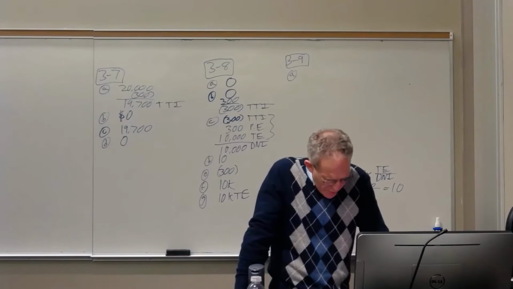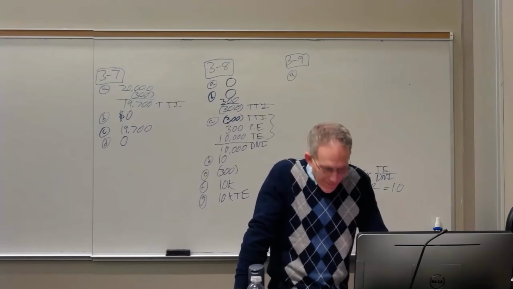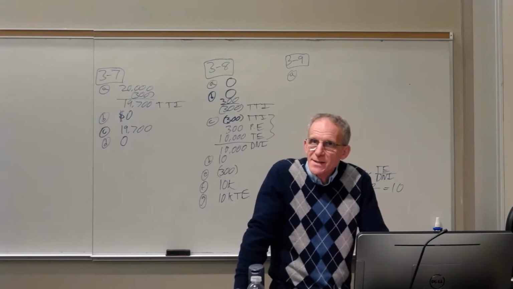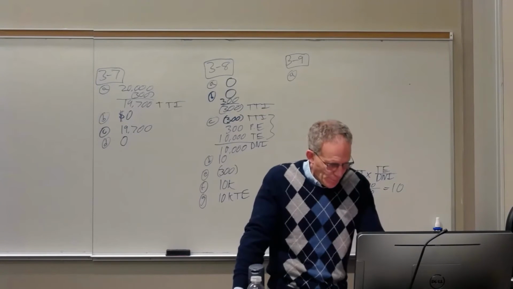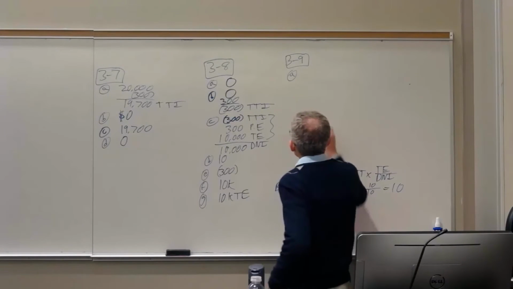What is the trust gross income? How many you got? What would you say here? $20,000? 20,000, agreed? Under 103, you don't include the tax exempt, just the capital gains.